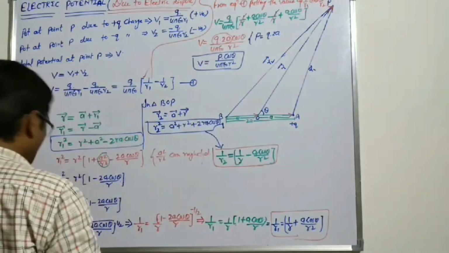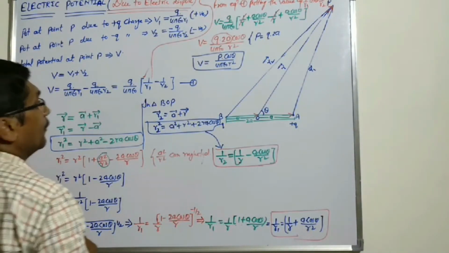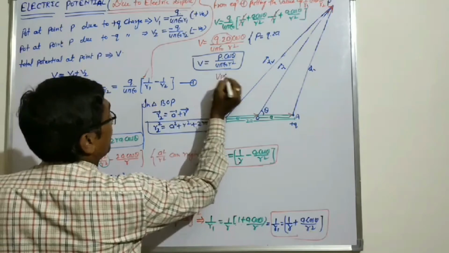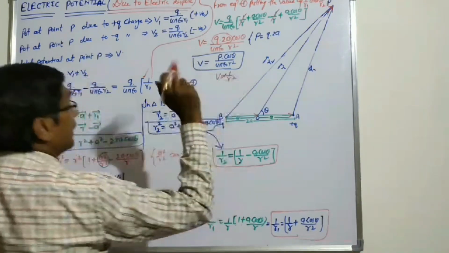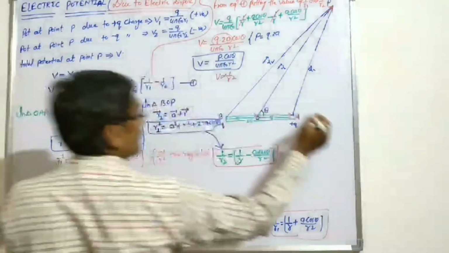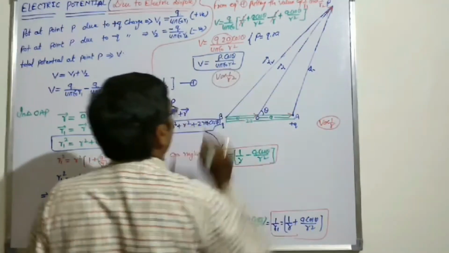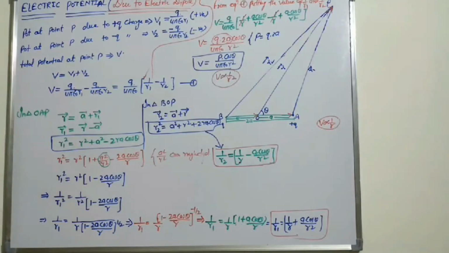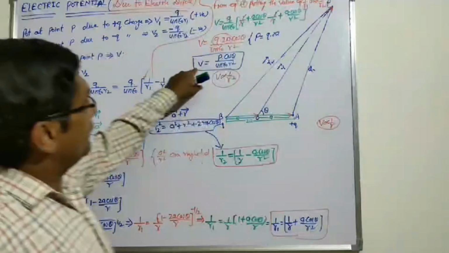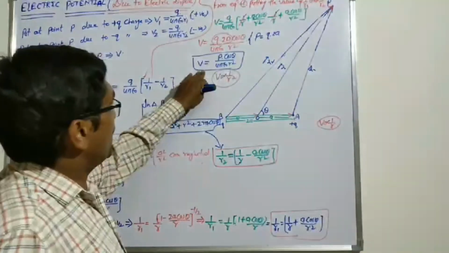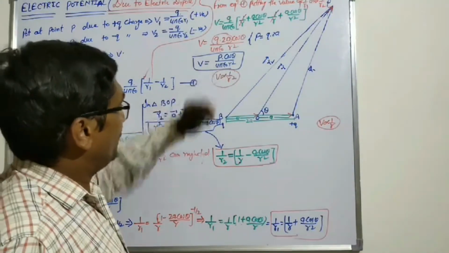So the electric potential due to an electric dipole V is inversely proportional to R square, but the electric potential due to a point charge is inversely proportional to R. Here is a major difference. Potential is a scalar quantity, that's why there is no direction given for the potential. Okay. Now special cases.